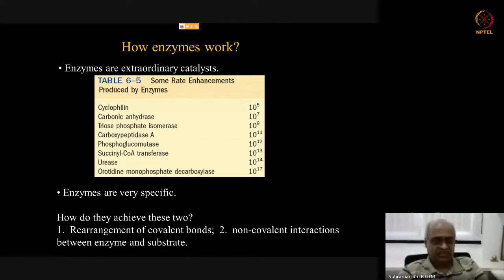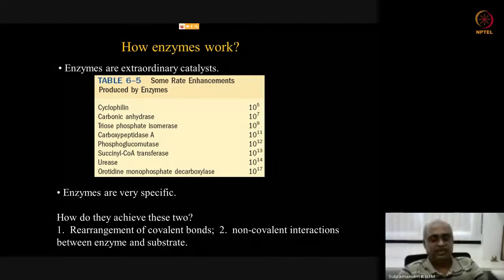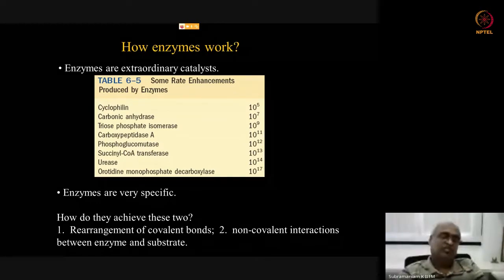Both of these features are accomplished using very similar mechanisms. So they achieve these two by these two features listed here. One, rearrangement of covalent bonds in the reacting molecules. And second, several non-covalent interactions between enzyme and substrate. When the substrate binds to the enzyme,